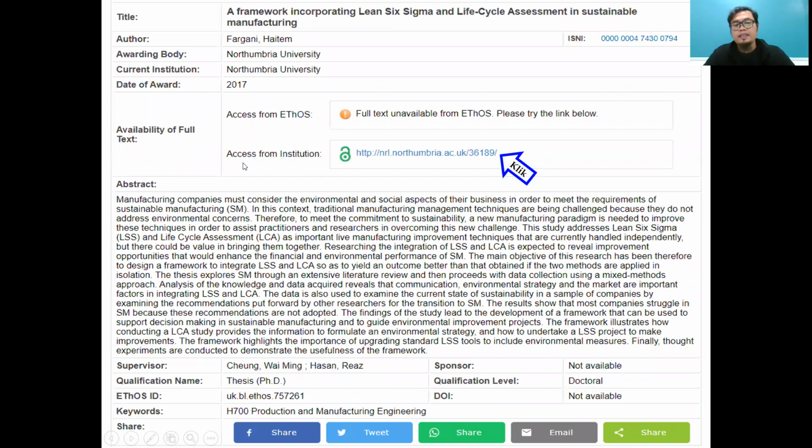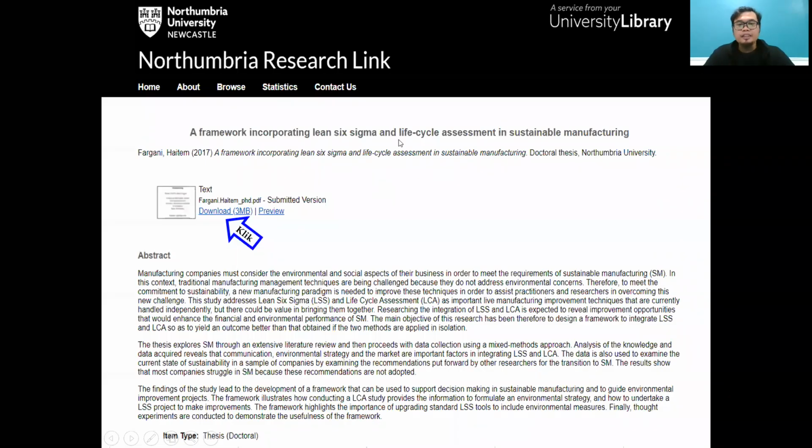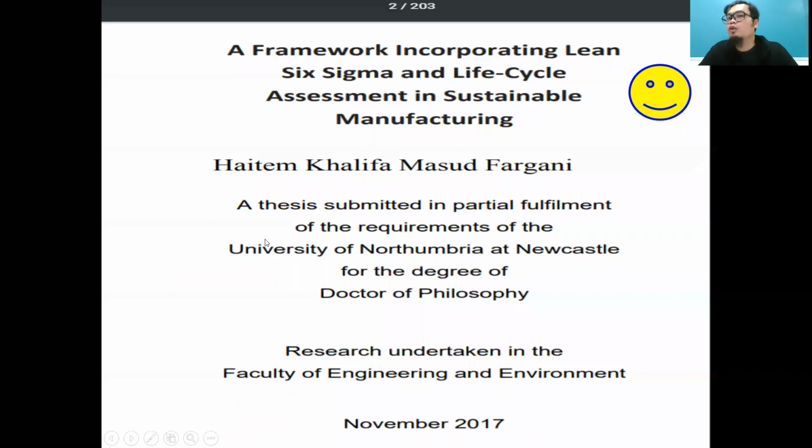I need to click access from institution, because I cannot get access from ETHoS as it's unavailable. So I click access from institution from Northumbria University. Then there is some other information from Northumbria Research Link. I click download, and then I get the full thesis, A Framework Incorporating Lean Six Sigma and Life Cycle